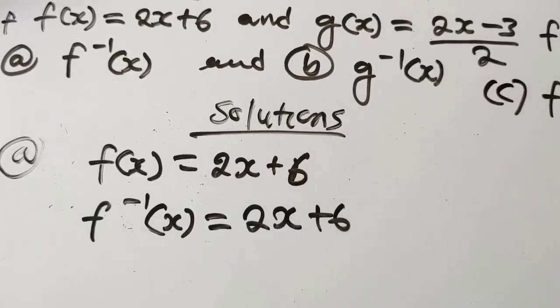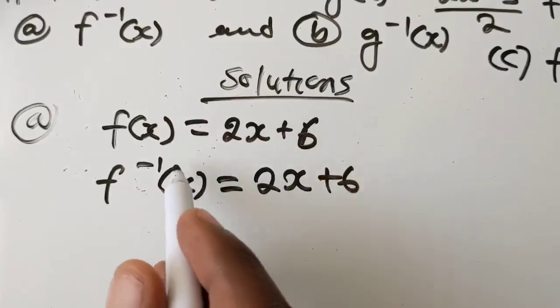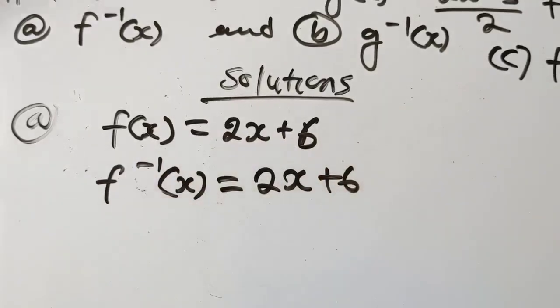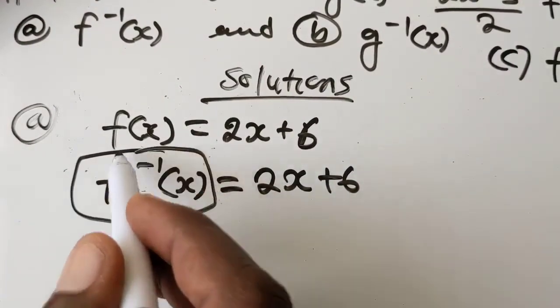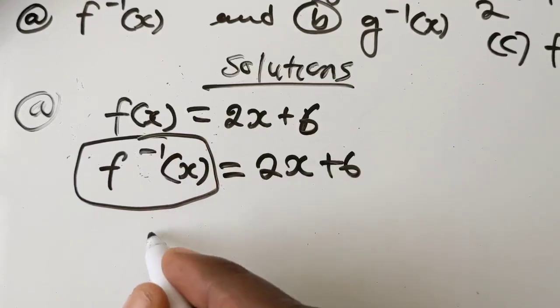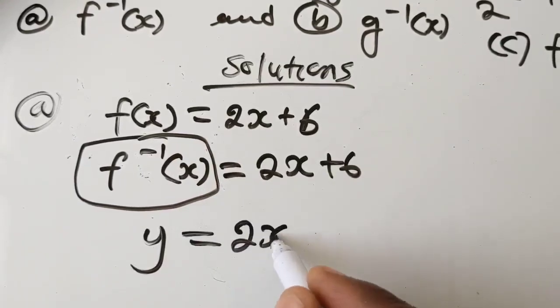This is the procedure. Then replace this part with letter y. Always replace it with letter y. So the equation is going to be 2x plus